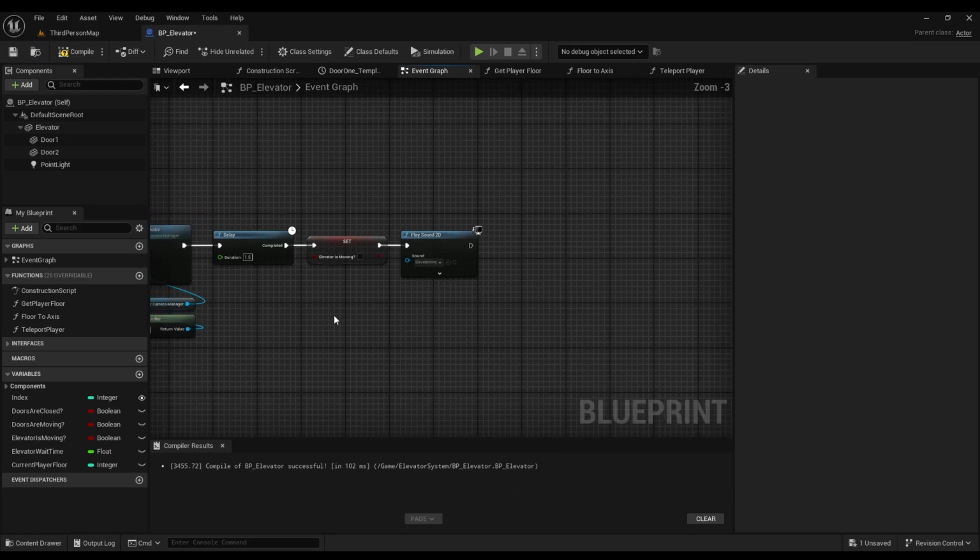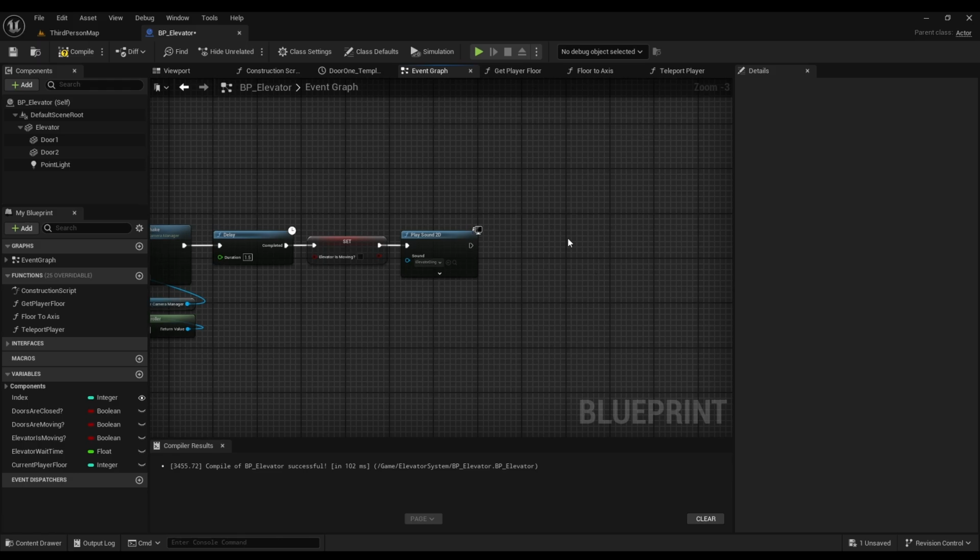I'm going to choose that there. Now what we're going to do is write the code to open the doors of the floor the player is now on, not the old floor. And now we're actually going to have to do the same thing our buttons did and have our elevator blueprint check over every single elevator in the map and add it